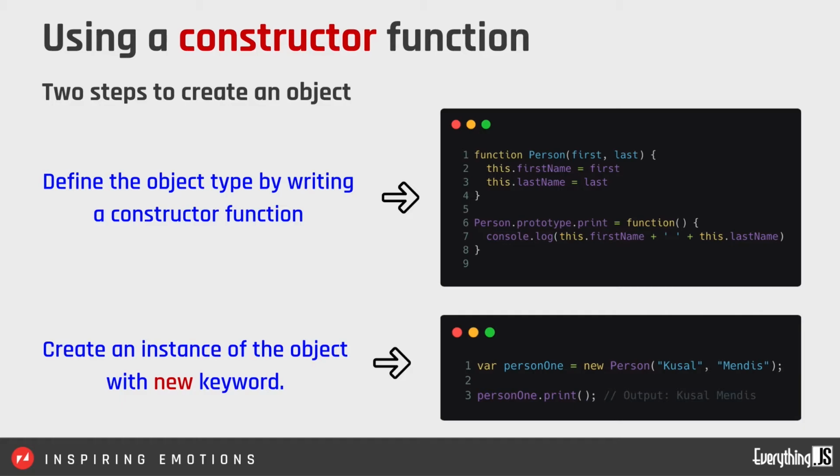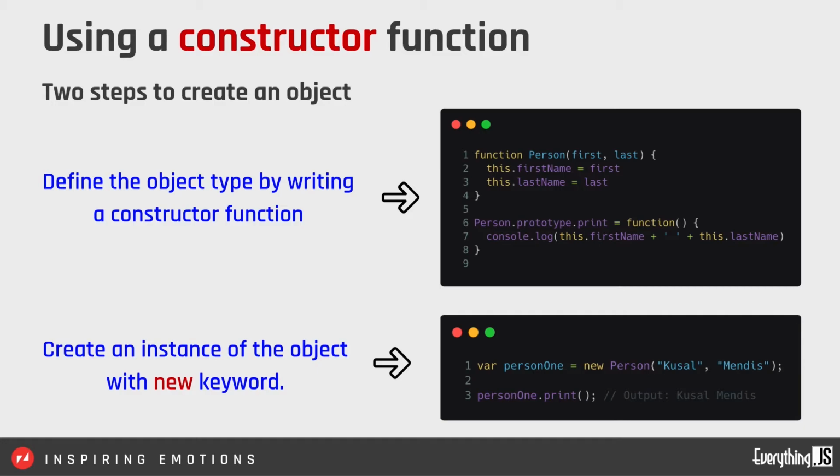Let me explain this particular example a bit further. Consider this as a class in whatever language you use. In Java, you have the class keyword, right? And you create a class with a class name, and you have a set of methods and a set of properties. In this case, the set of properties are first name and last name. That is how you define the class level properties. You have to say this dot first name to specify a class level property. So ideally, what will happen is it will create a class level variable. So we have two class level properties there, and we have one function called print, and print is in